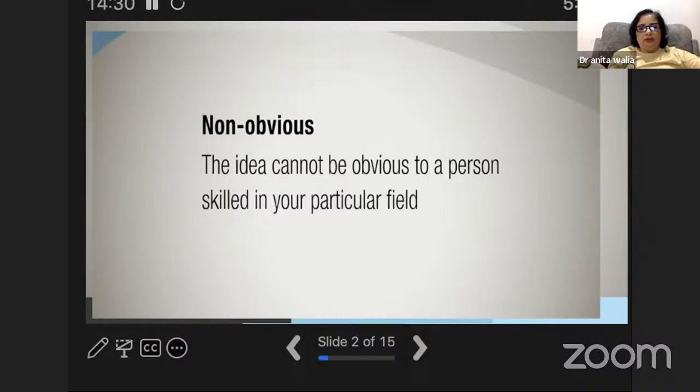That's a very obvious thing. But if you come up with a solution to pick up a ball with a suction cup, or some other thing where you don't need to hold it, you immediately suck and bring it up, then it is an idea, the process is new. Then it is not very obvious. So it is easy to invent something novel, meaning that no one has done that before, but inventing something that is not obvious is a challenging task. So most patent rejections are because of obviousness.